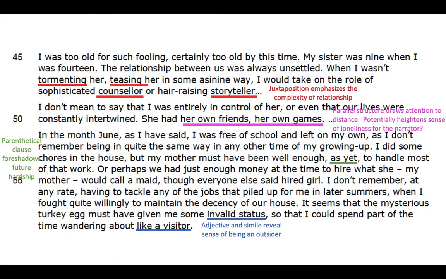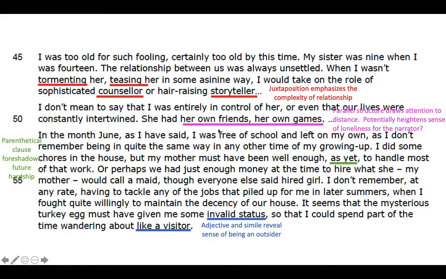Potentially heightens the sense of loneliness for the narrator, because we are going to see that she's going to feel very isolated. And maybe that just sets the scene that she's quite alone at home. Her sister's already got her own life. There is a bit, again, of foreshadowing about future hardship. So we're not just talking about the hardship at this time, but they're going to have a hard life ahead of them as well,